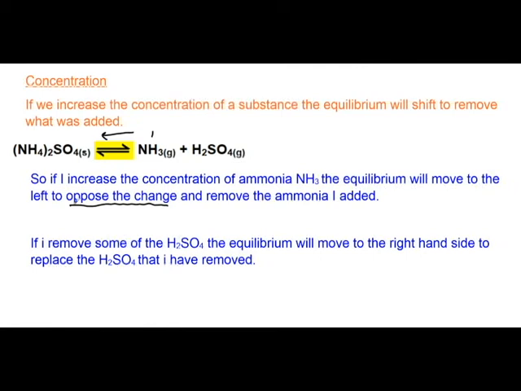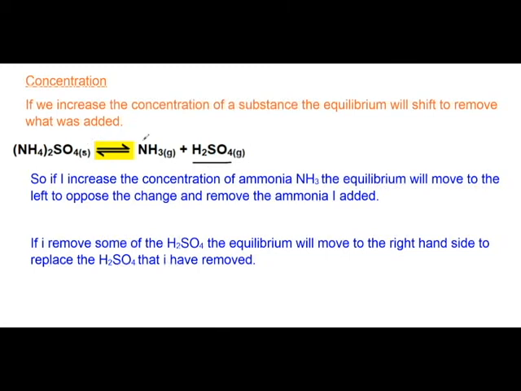Vice versa, if I decide I'm going to remove something, then the equilibrium will try and make more of it. So if I start to remove this ammonium sulfate here, then the equilibrium will attempt to replace it and put it back. And just like we said before, if I remove some of the sulfuric acid, then the equilibrium will try and go to the right hand side to make more of it